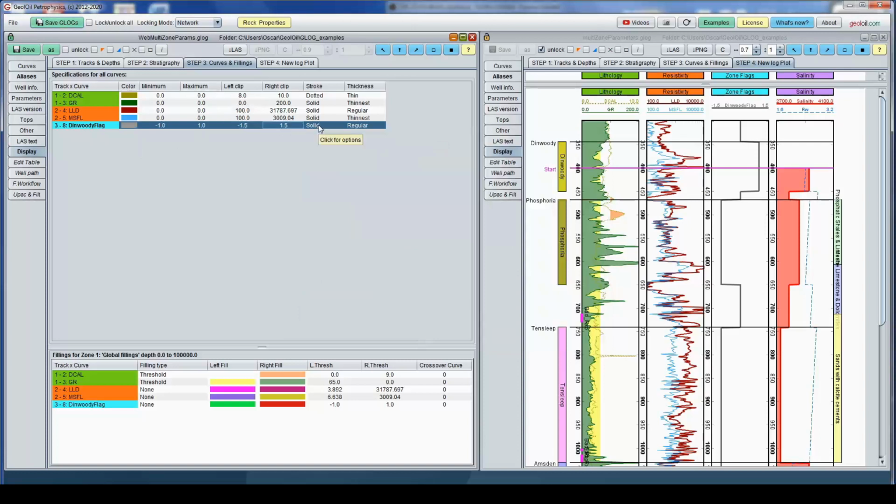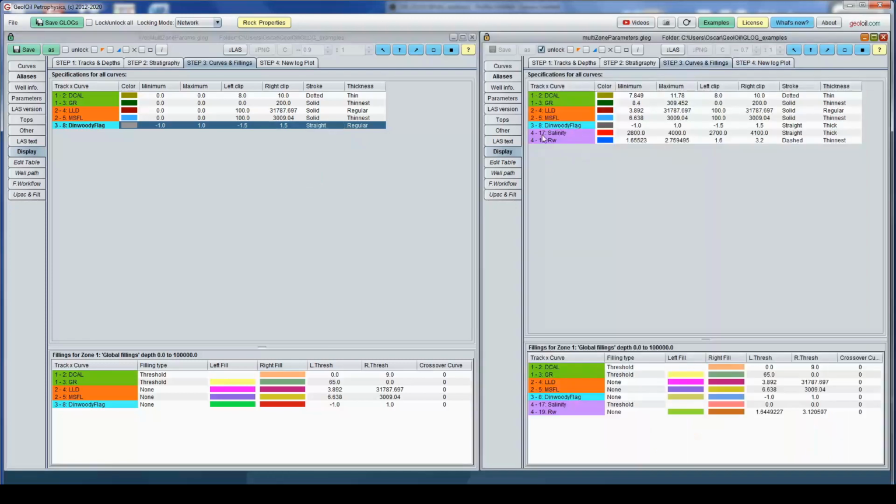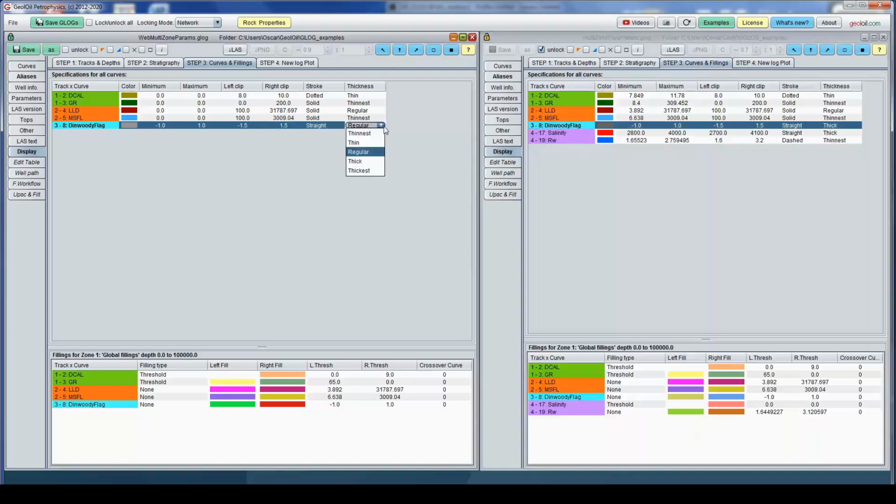The stroke, we have several types. Solid is recommended for continuous curves themselves. Here it is better to go with straight lines, pure lines, constant lines. And thick. Let's put a thick pattern.